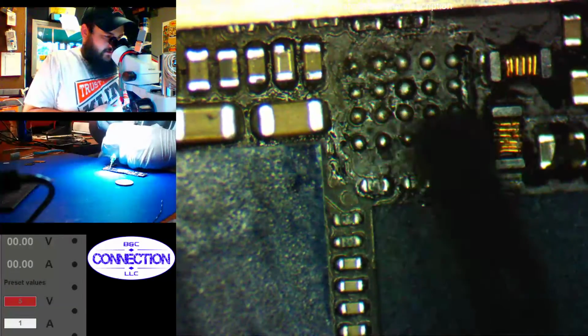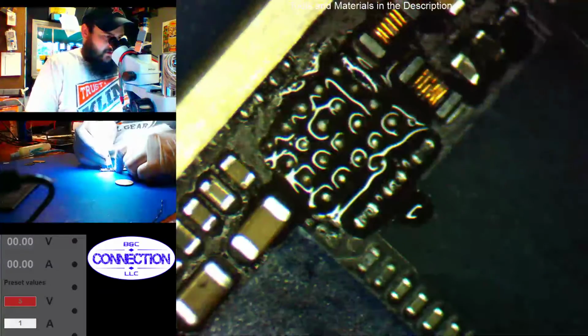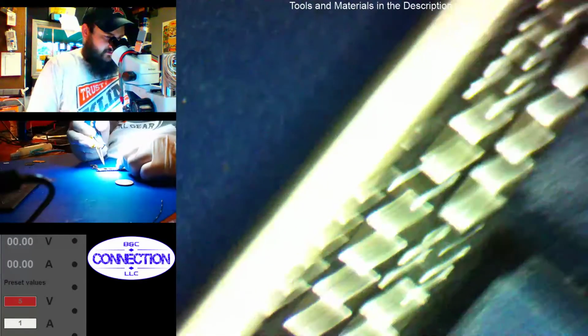We'll go ahead and clean up what we can here, and then we'll reball this chip and drop it back on. The balls don't look burnt up. The last one I did, the balls were burnt up, so